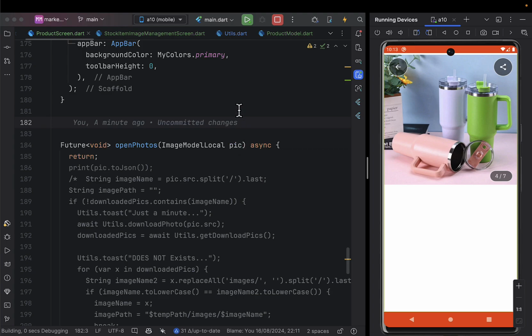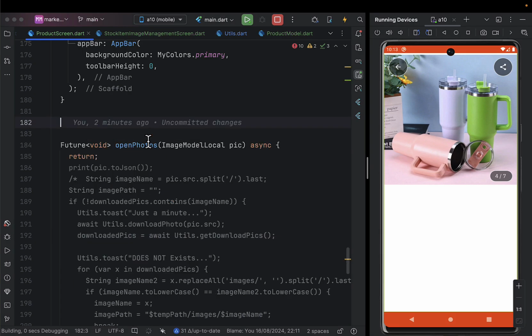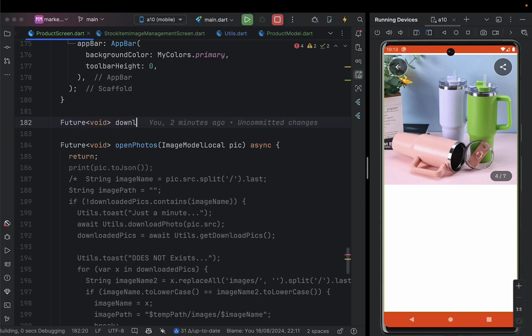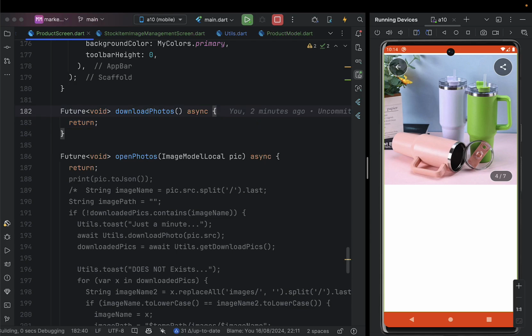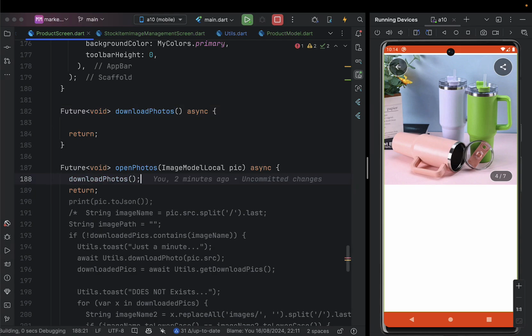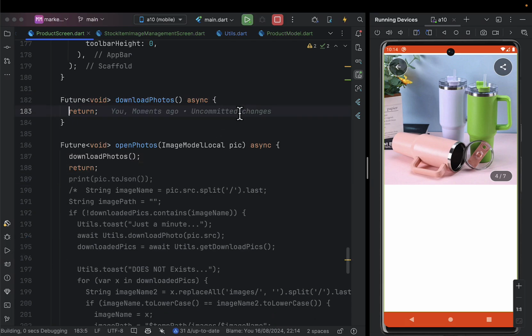So I'm going to put here a function called dynamic. I'm going to put here a future function and give void, and then call it download photos. Okay, so this download photos is going to help me to download all the photos of this image. First of all, I'm going to call this photo download photos here before we even go to viewing, and then we do the logic of displaying